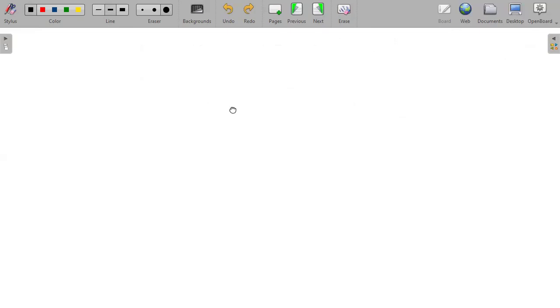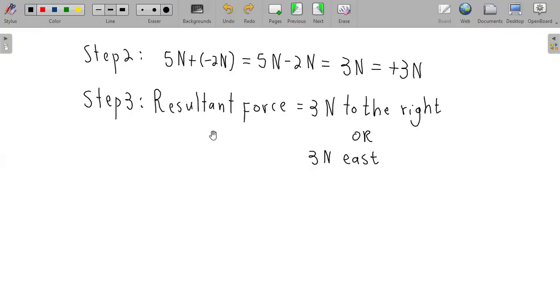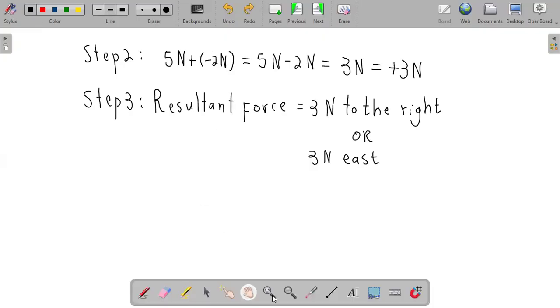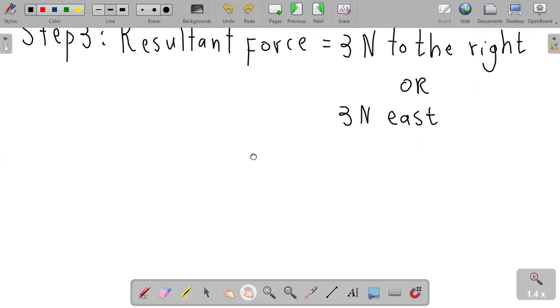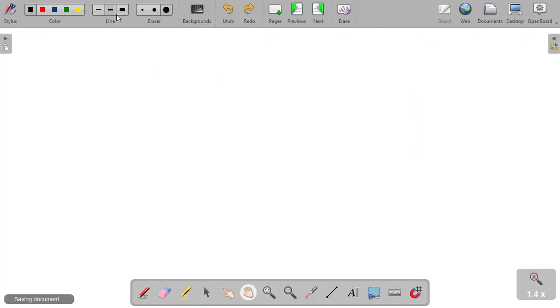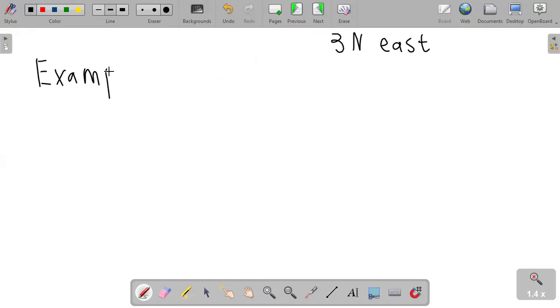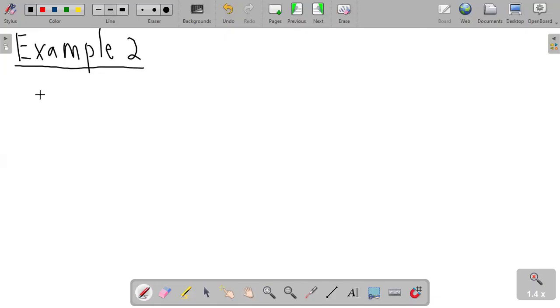So let me write down the statement here. For example 2, let's get into example 2. So now, for example 2, the statement says,